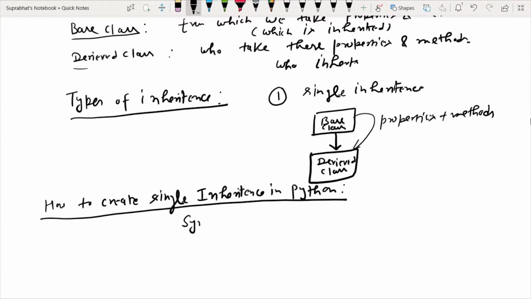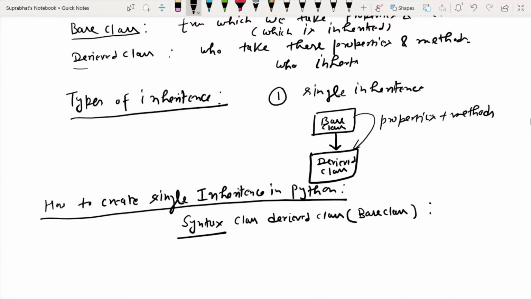The syntax is like this. On the left side you write the derived class: first you write the class keyword, then the derived class, then in parentheses you write the base class.